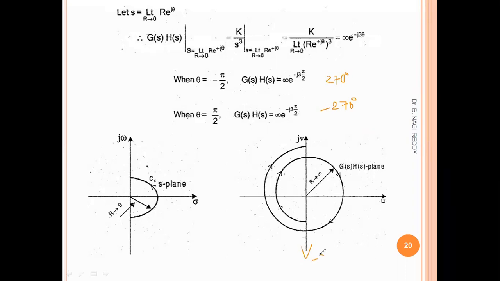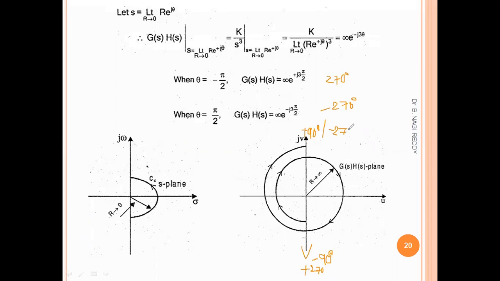We know, right? We have seen the polar basics. If anyone has any doubt about the placing of these angles, you can watch that video. So this is minus 90 degree line and also plus 270 degree line. Minus 90 or plus 270. Right? Similarly, this is a plus 90 degree line or minus 270 degree line.